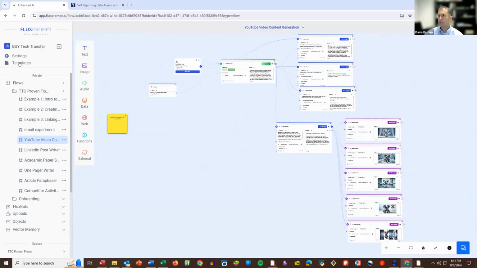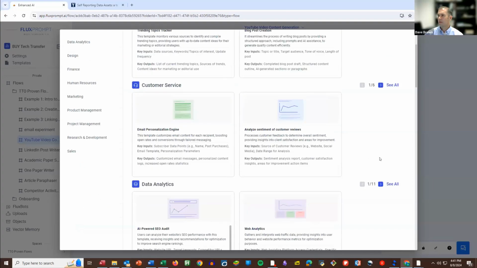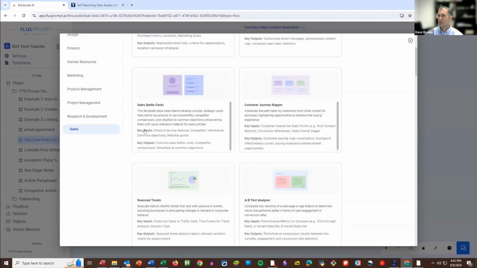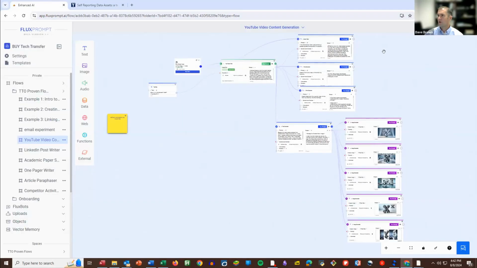Let me share the screen for one more moment, just to show one other thing: when you're looking at the website, there are also all kinds of templates already made. I played with some of these a little bit; they're by category. If you're in sales, we were talking about that a little bit. Somehow I clicked on the wrong thing just then, but you see how it is. There are all kinds of different things like an A/B test analyzer, different places to start. So if you are looking for ideas, there are some things that are pre-made for you.